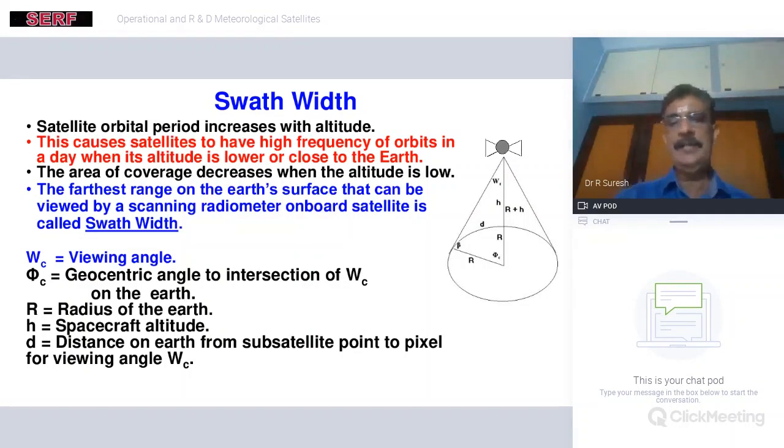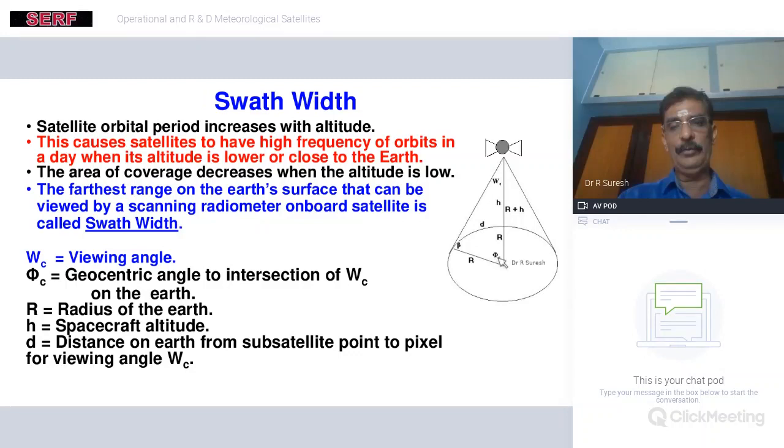You can see in the graph I have given in pictorial form: this is the Earth surface, and the satellite is mounted over here. The satellite is looking at only up to a portion; it will not view beyond here, so it can limit its surface maybe here, depending on the altitude. It will be reduced like this. At a particular height, I have drawn like this. The angle WC is the viewing angle, or otherwise called the look angle. Viewing angle or look angle can be used interchangeably.